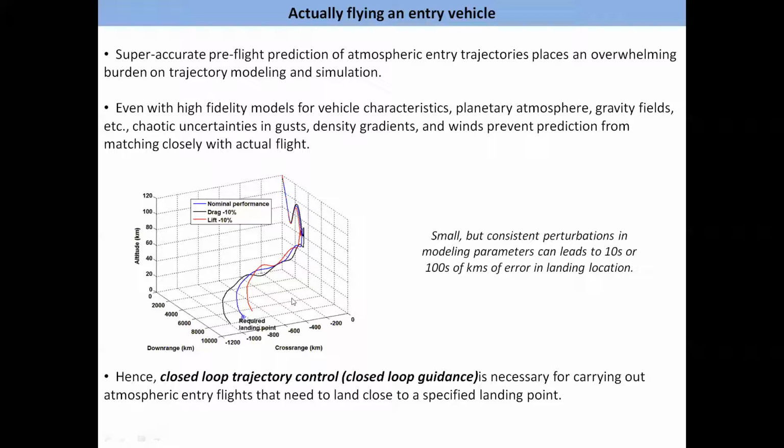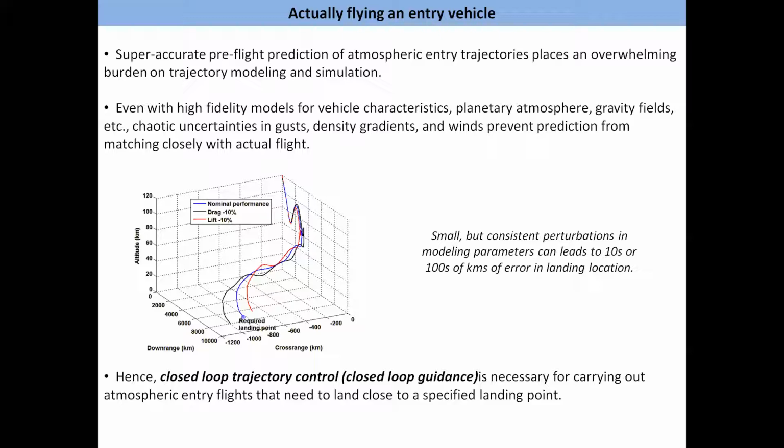So what I'm saying is, you design your bank angle profile using your high fidelity models and everything, and you say that with this bank angle profile, you fly your trajectory, you're going to reach a particular point, your constraints are going to be satisfied. But now when you actually fly it, there are going to be unmodeled perturbations that come into the picture, which will lead your vehicle to a significantly different point. So what you need here is not more modeling. What you need here is closed loop trajectory control.